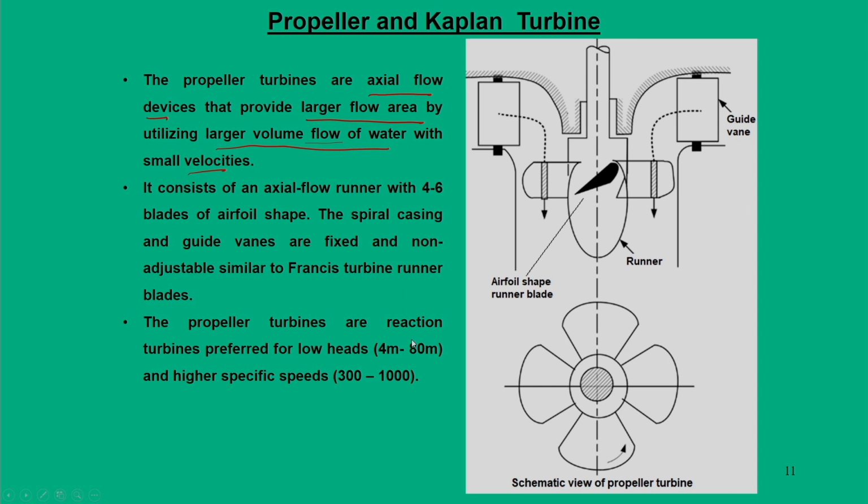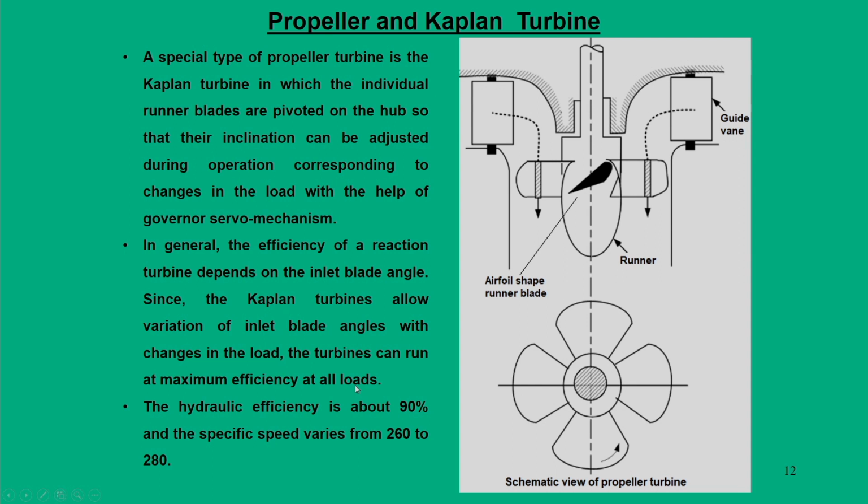Propeller turbines are reaction turbines preferred for low heads, in the range of 4 meters to 80 meters, but with higher specific speeds. A special class of propeller turbines is the Kaplan turbine, whose design and manufacturing feature is that